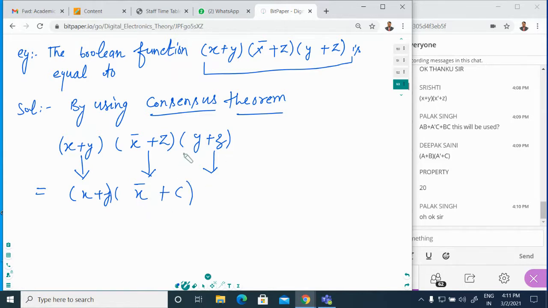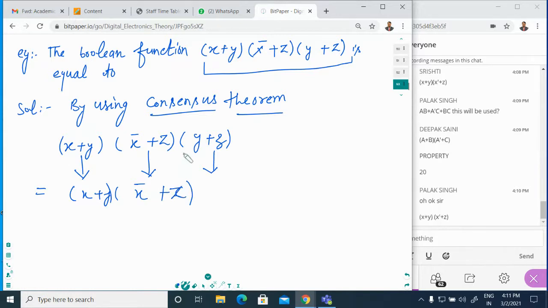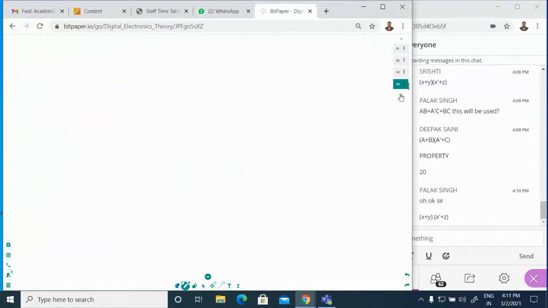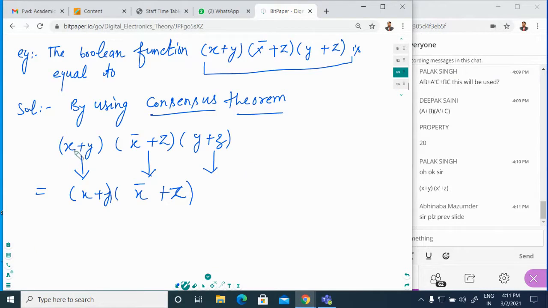X plus y, then x bar plus your z value. Z. Yes, you are right. So this is the z value. There is no C right here. Now come to the next point, and you have to reduce this expression. Number 20, there is A plus B, then A bar plus C, then B plus C. That can be represented as A plus B and A bar plus C. The same properties are applied right here, and we will formulate the answer.